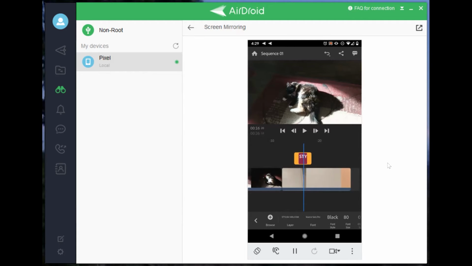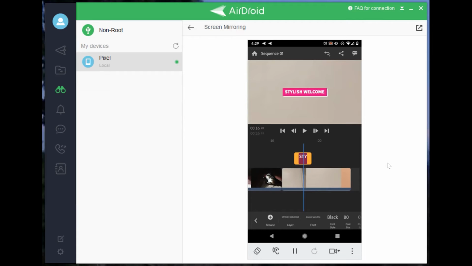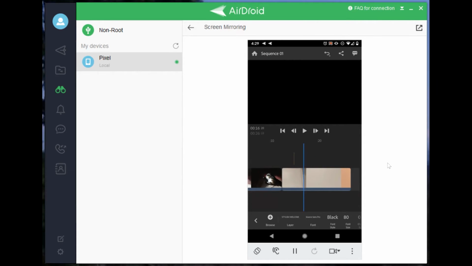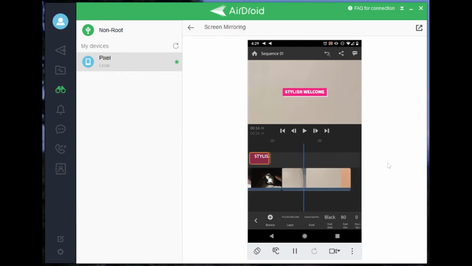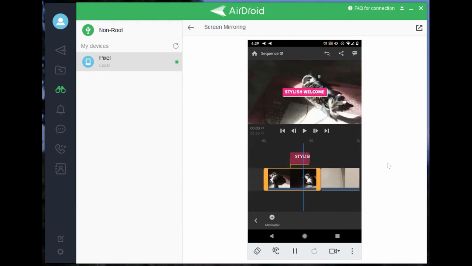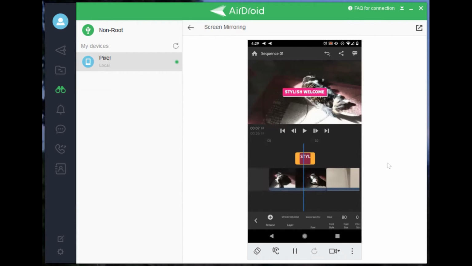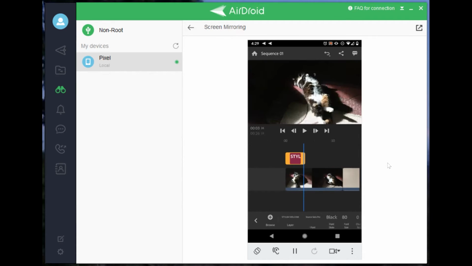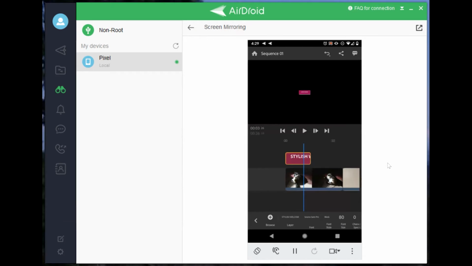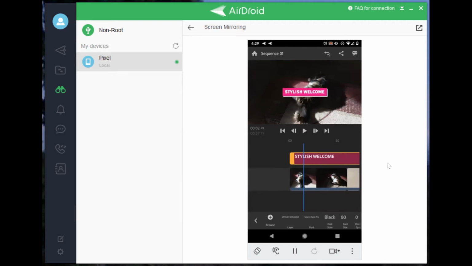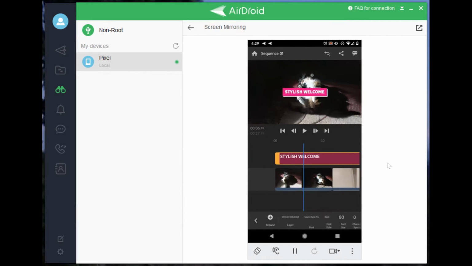So ideally you would put that on where you want it. But if this is not where you want it, you just take your finger on it, whoops, and you drag it over to where you want it. If I want my stylish welcome over my goofy cat, I can do that. So you just take it, drag it, drop it. You can make it as long as you want. If I wanted these words over the entire clip, I could do that. So now I have stylish welcome over everything. And obviously that is not what you will want